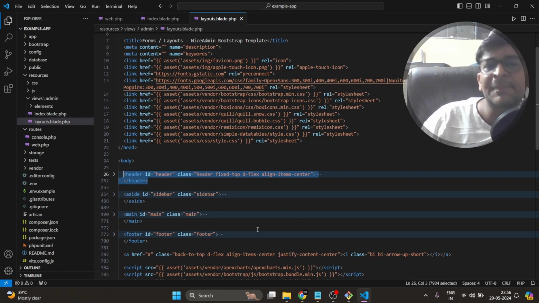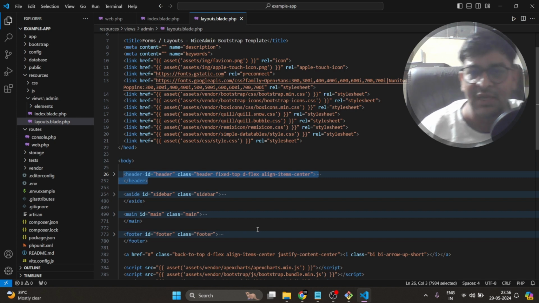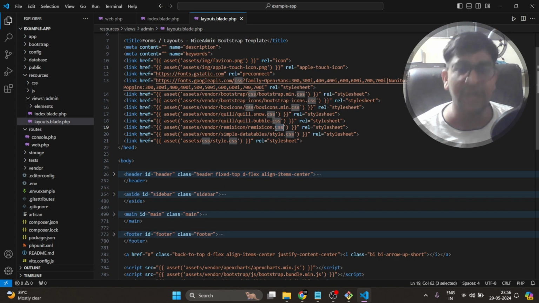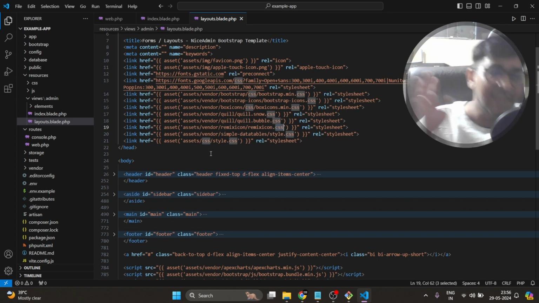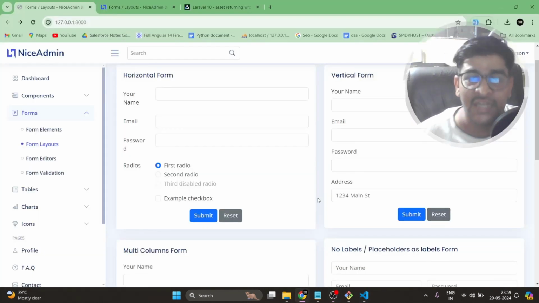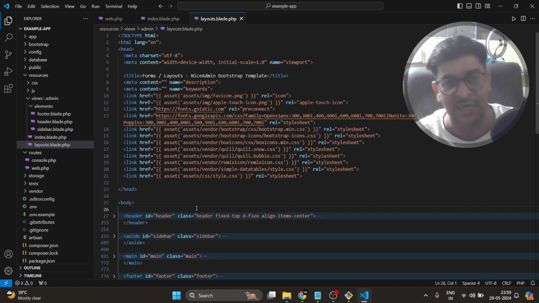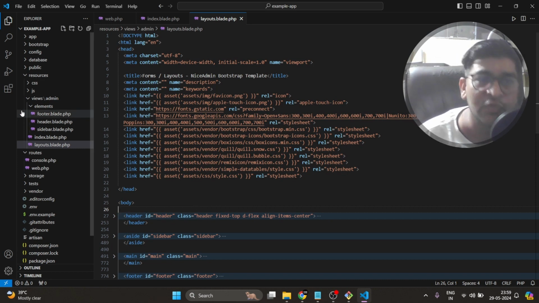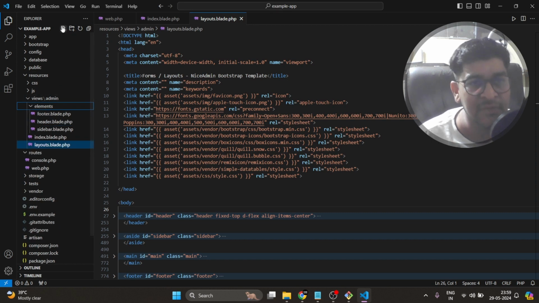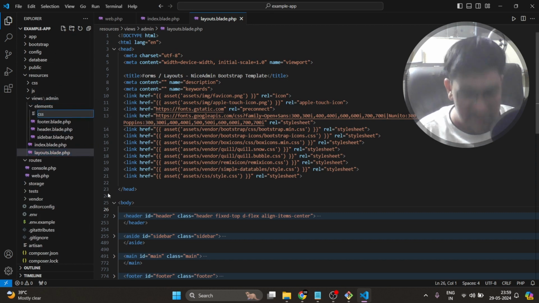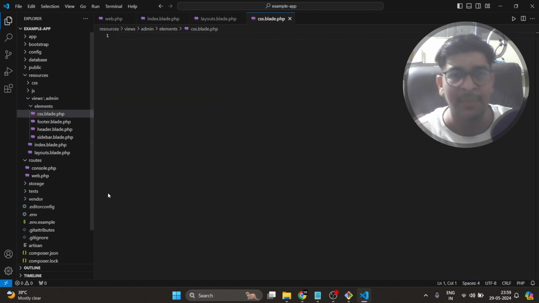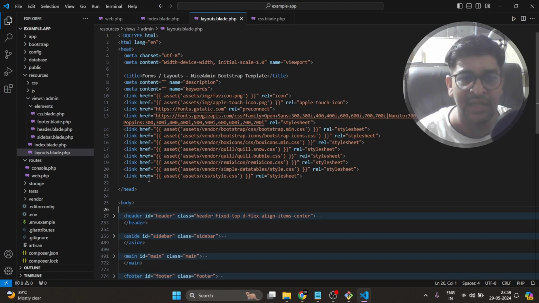Now we can separate some things as well. You can see that we have some simple CSS files which have to be included in every file, and some which don't have to be included in every file. For that we can use, as in some Laravel videos you see people using, @stack and @push. Suppose I give you an example of it. This is my element one. I just created css.blade.php.